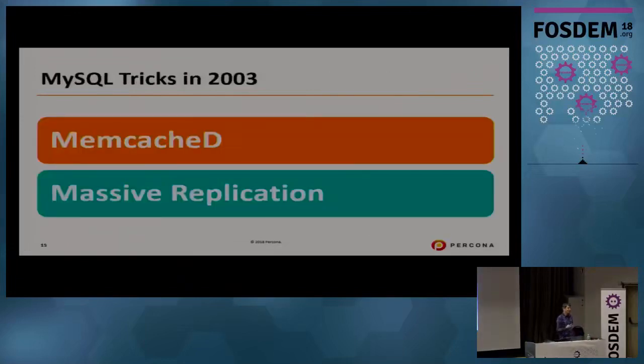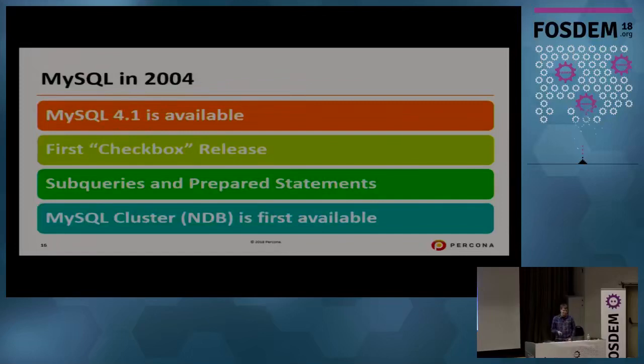So in 2003, if you look at what kind of best practices we would adopt for MySQL, one is caching with Memcache. That became very important and popular, right? So if you can't get MySQL to handle the load, cheat by caching. And then also you would have massive replication, right? So you would often have the MySQL node, which would replicate to 10 slaves. You would often have even people using hierarchical replication. They would have 10 slaves, each of which would replicate to, let's say, 5 more slaves, and really massive MySQL replication hierarchies became commonplace.